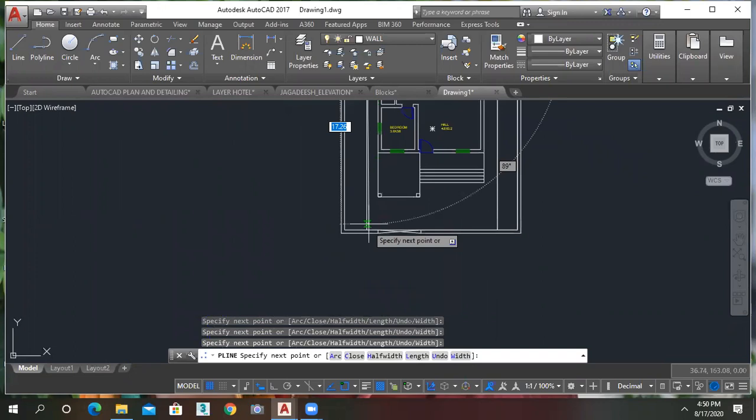Okay, so now it is a closed boundary. Then go for the hatch, H, and then the grass pattern is here.